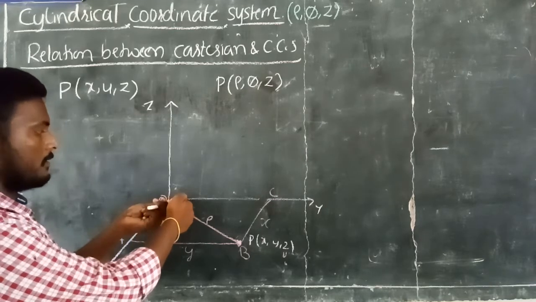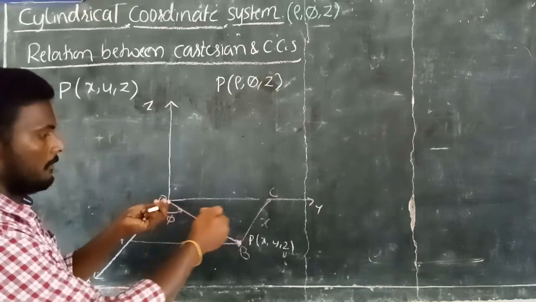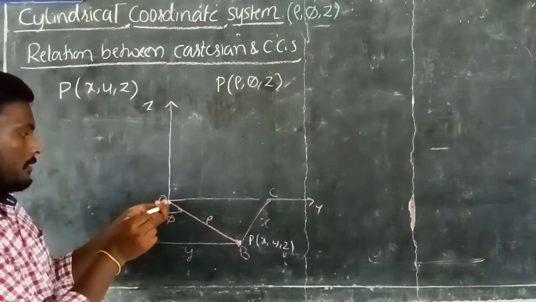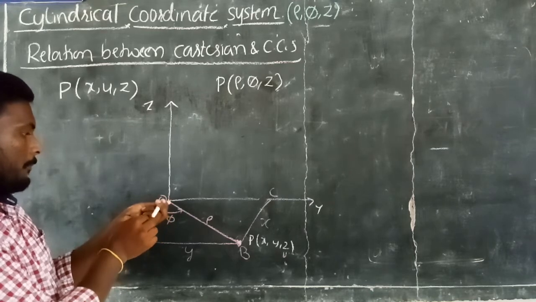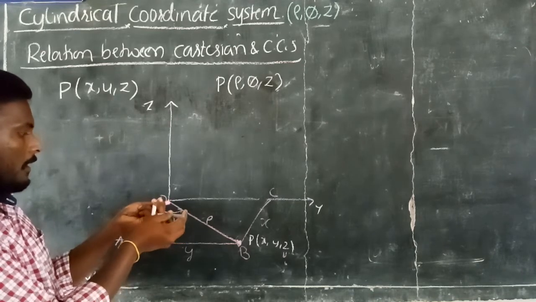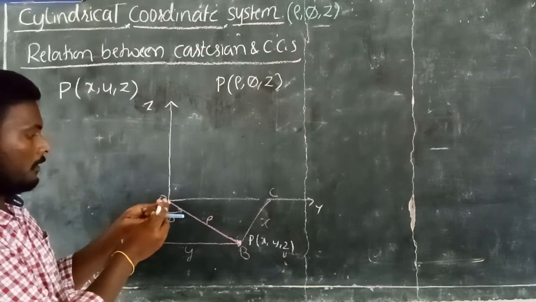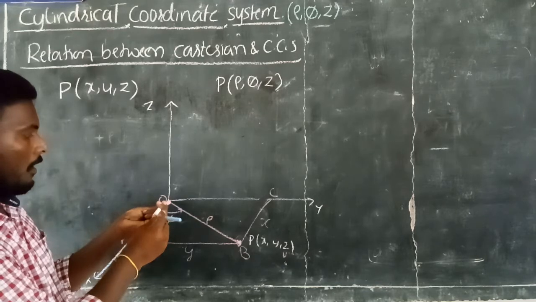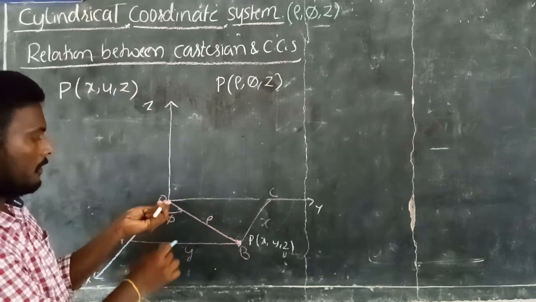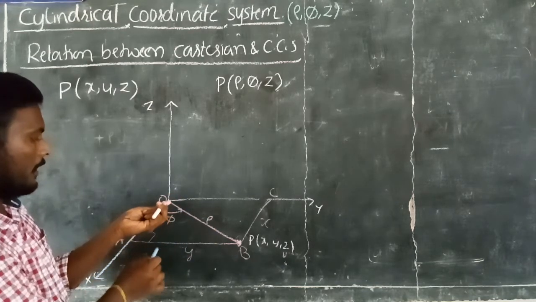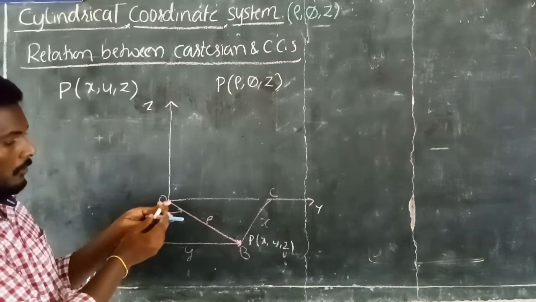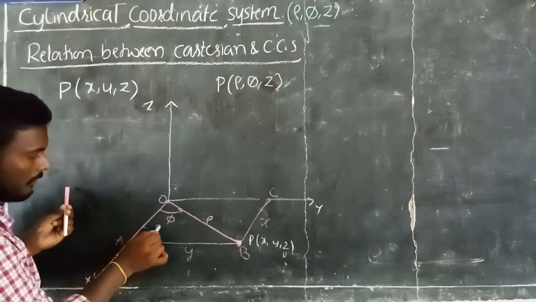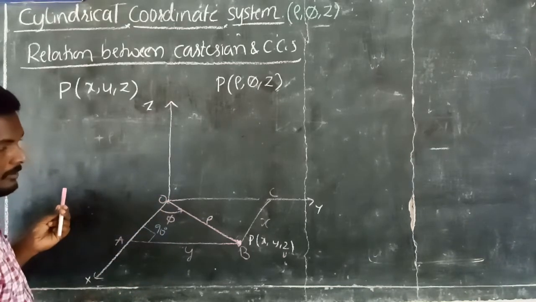And your radius of the cylinder is like this. So your O point is here, A point is here, and AB is like this, from A to B, and it is an arc like this. So the angle OAB, how much angle is there here? Is it 90 degrees or not? If you observe this diagram, you can understand the angle at A is 90 degrees. This is a right angle.